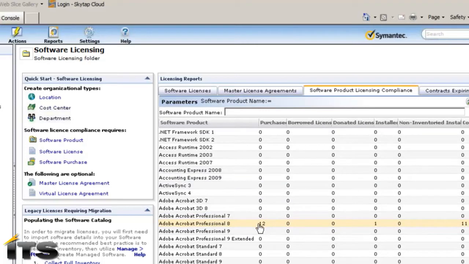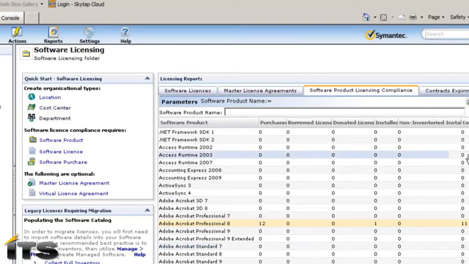Adobe Acrobat Professional 8. Now, I don't know if anybody has looked at the software catalog, but you may see your inventoried software, and we'll look at the software catalog towards the end because that's some of the newer features. You're going to see multiple versions of Adobe, maybe 8.0.1, 8.0.2, 8.0.3. Each of those is technically the same product, so you're still at version 8. That's why we're linking to a software product of version 8. I may have multiple patch levels linked to that